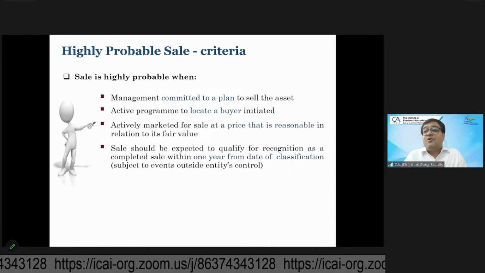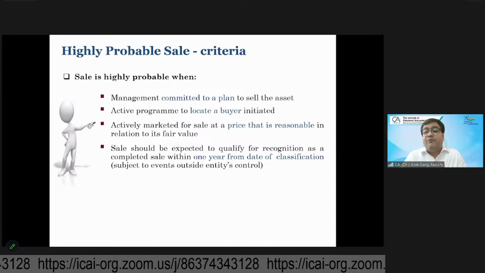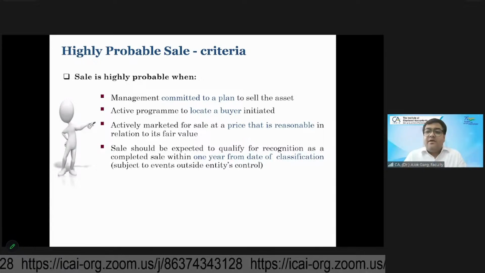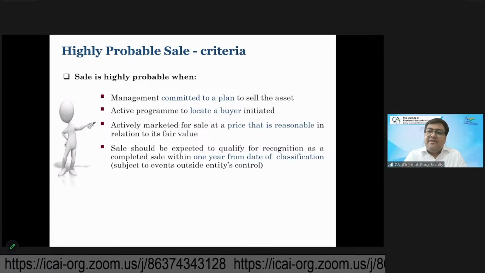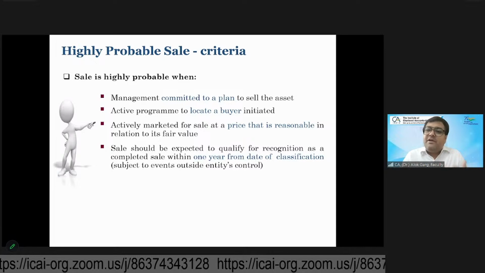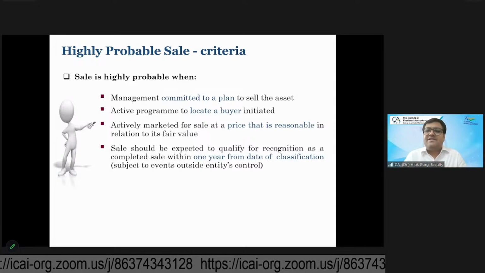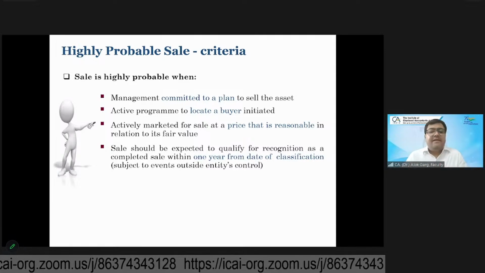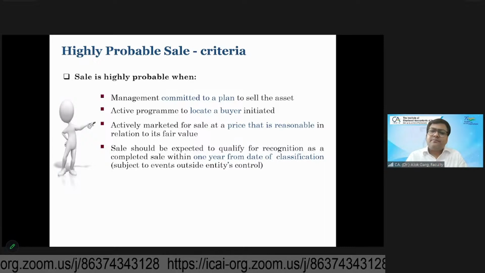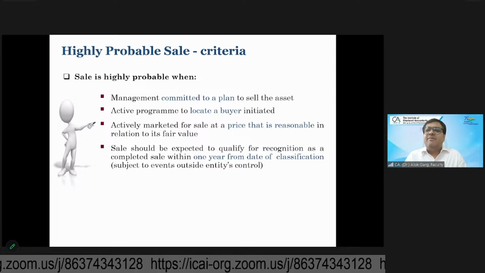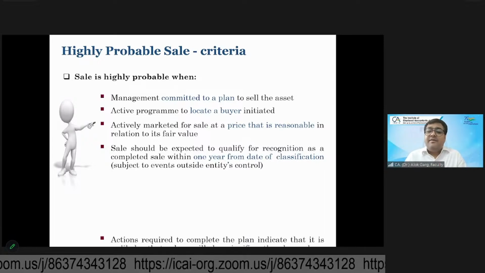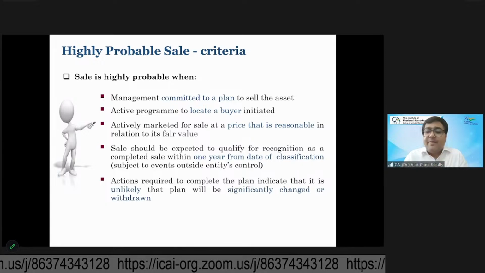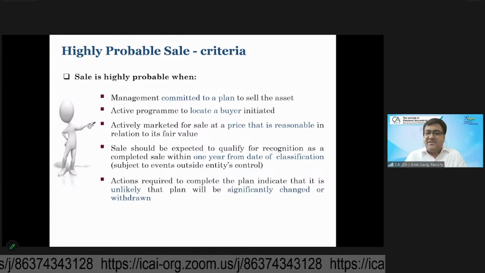Then Abrikesh asked four questions. Question number four, the fourth question: do you expect that the sale will be completed within 1 year from the date of classification as held for sale? Then the CFO told, yes, sir. We are expecting that the sale will be completed within 1 year from the date of classification as held for sale. The fifth question Abrikesh asked,